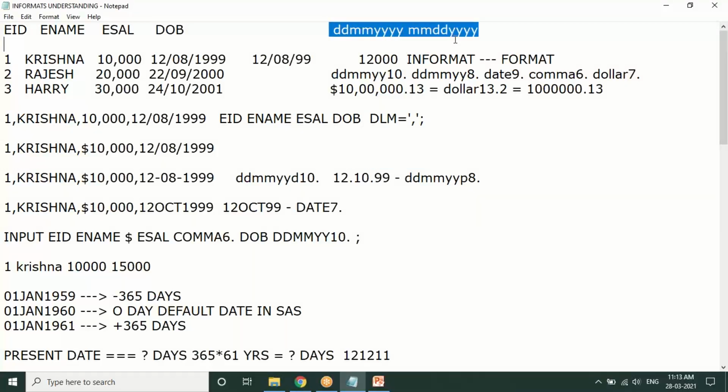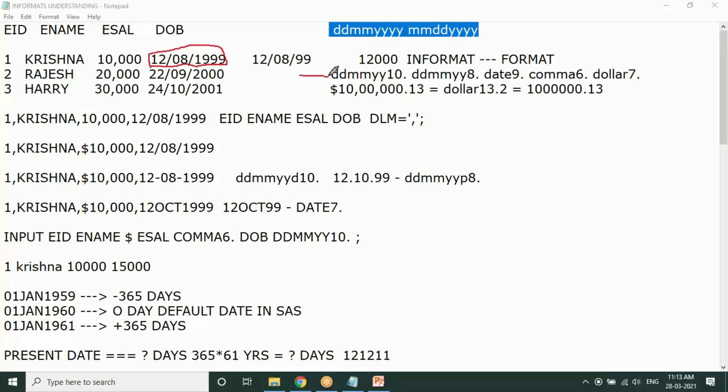We already know some date formats which we have been habituated to using, like DD, MM, YY, MMDDYYYY, and so on. These are all the different types of date formats. Now how would SAS understand a particular date? As you can see, for this date, counting 1, 2, 3, 4, 5, 6, 7, 8, 9, 10, this is the total width of the date.